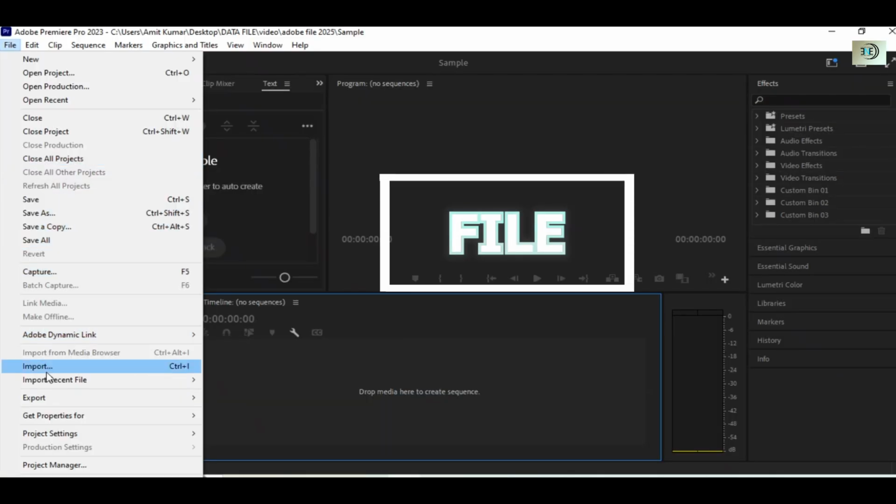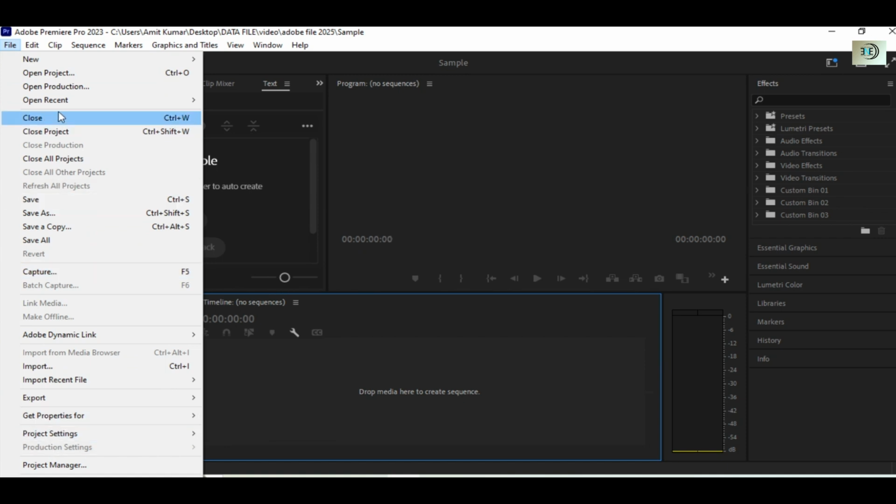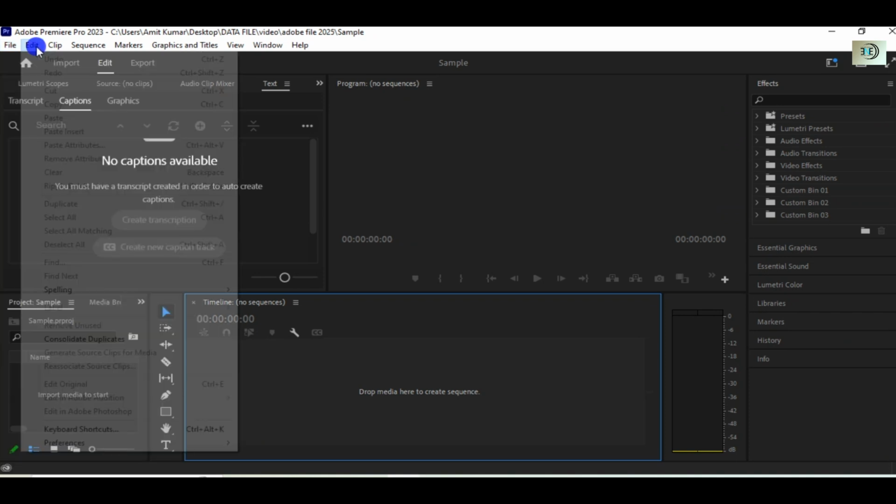File menu bar is a file. It helps for import, export, new project and recent project and extra, vertically use किया जाता है।